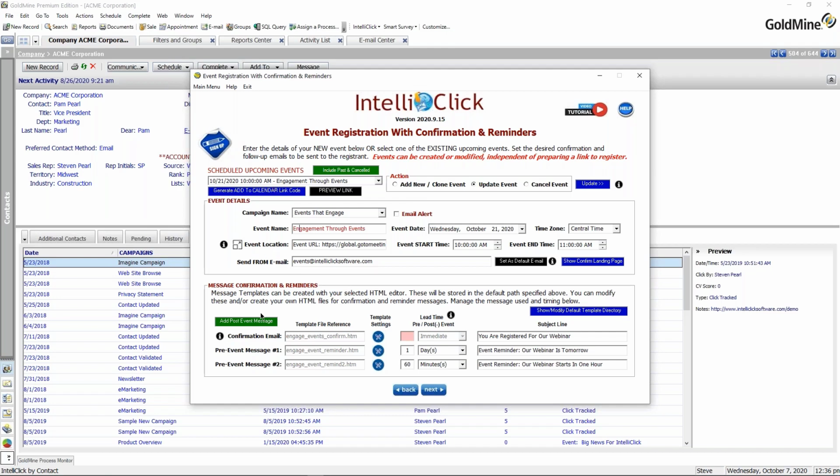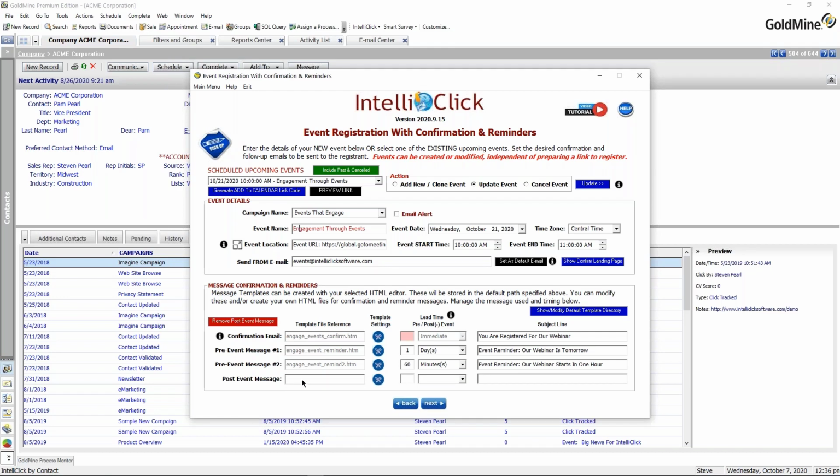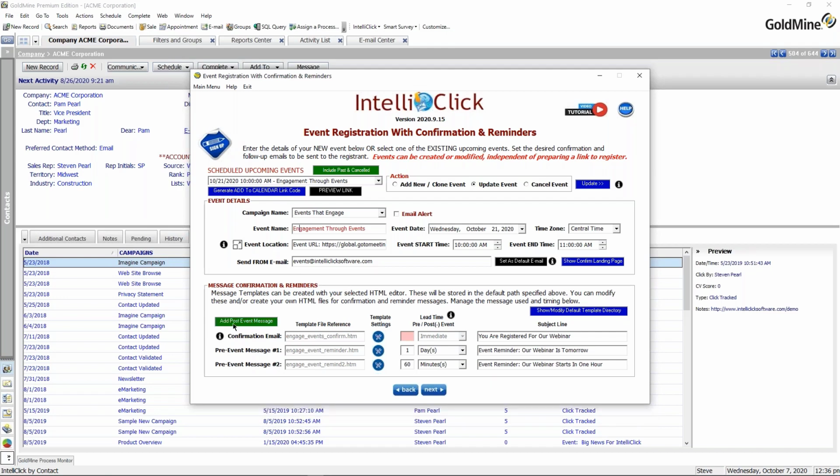manage which template you've created for the confirm, the reminder. And you can have up to 2 pre-event reminders. You can also incorporate, if you wish, a post-event little messaging that would go out 1 day, 2 days after the event, if that is appropriate. But the key here is that it's really very easy to structure that message and even incorporate alerts right at